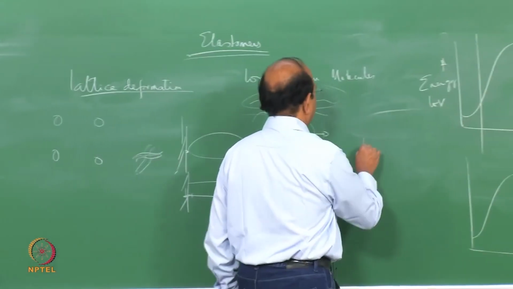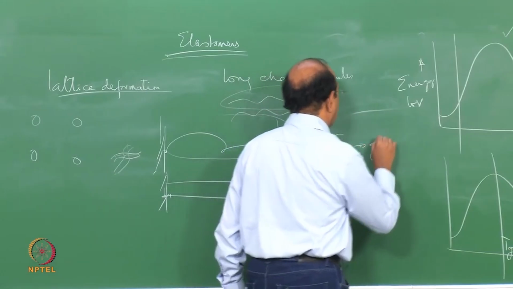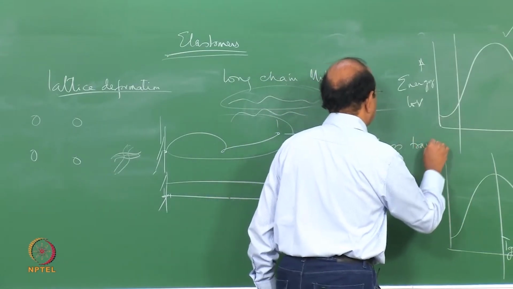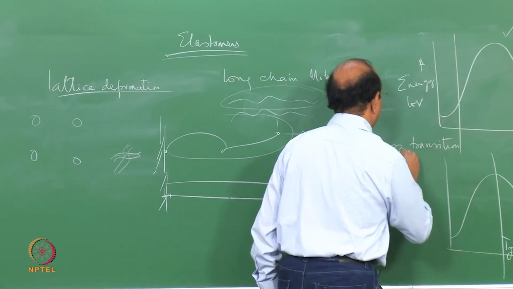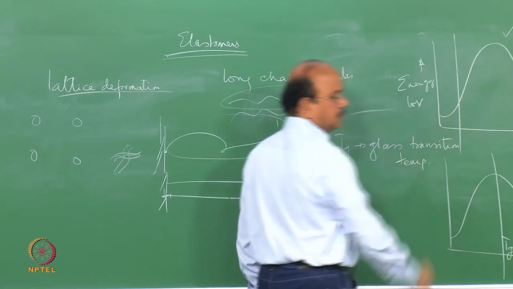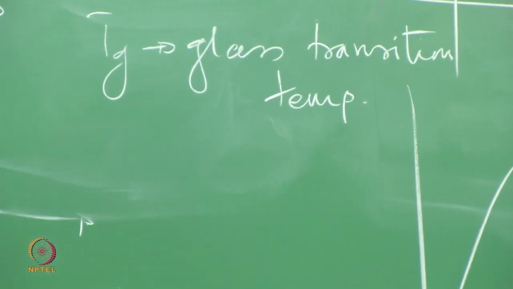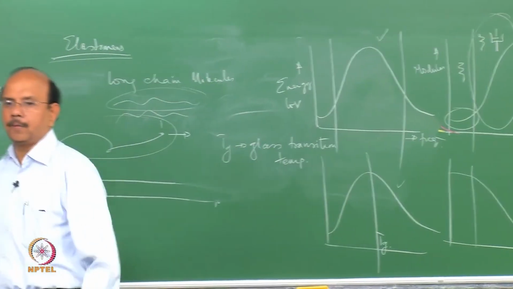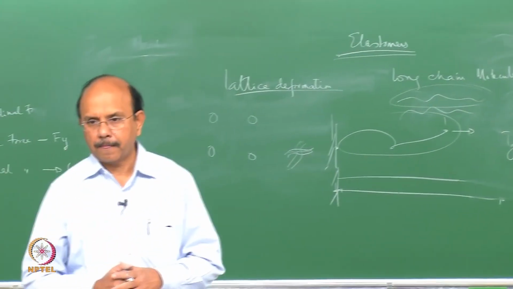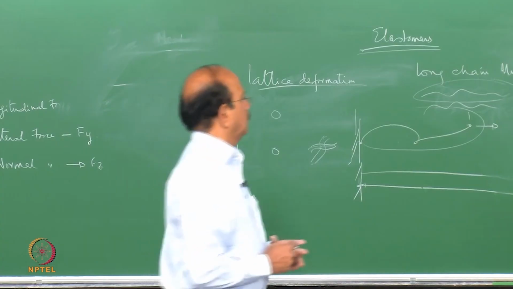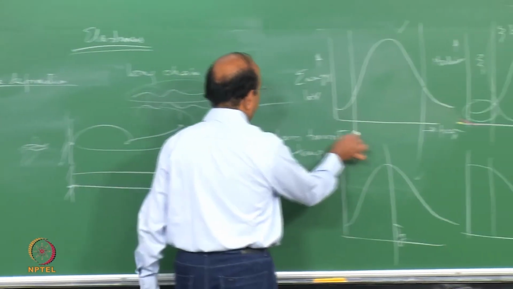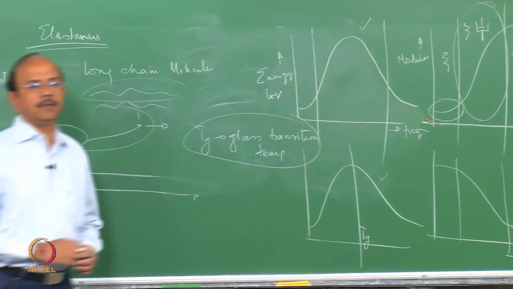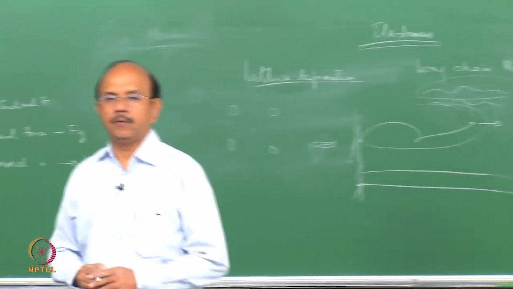So Tg is the glass transition temperature below which the material is vitreous and above which, that's this region, above which the material becomes very soft. So the glass transition temperature would